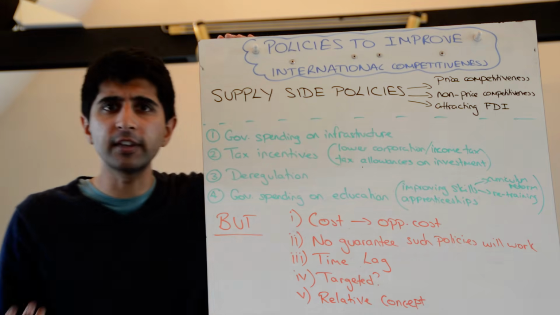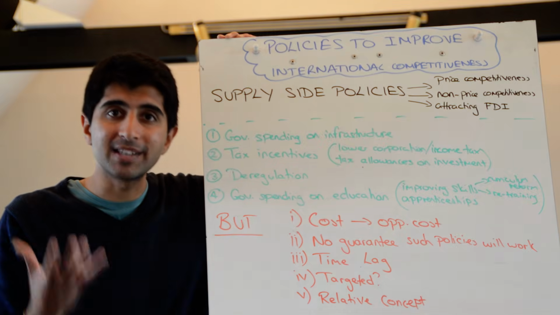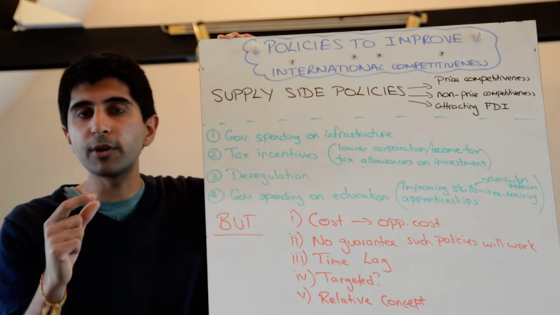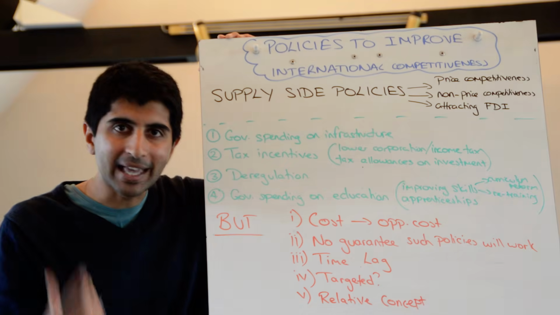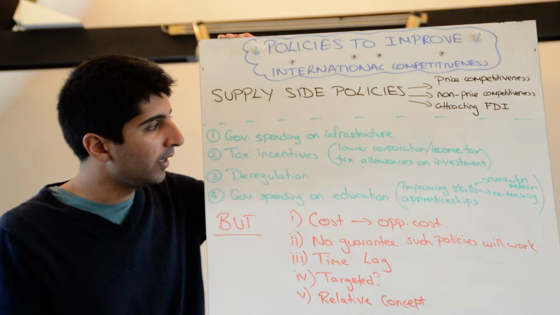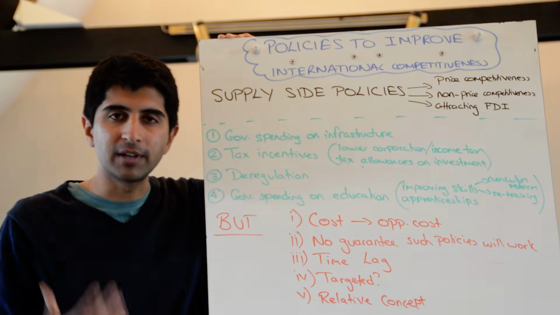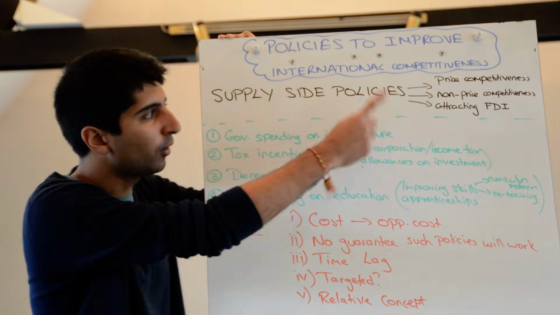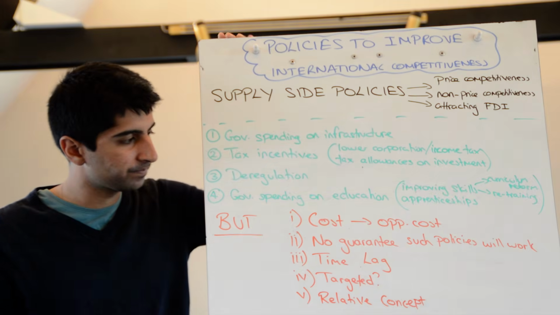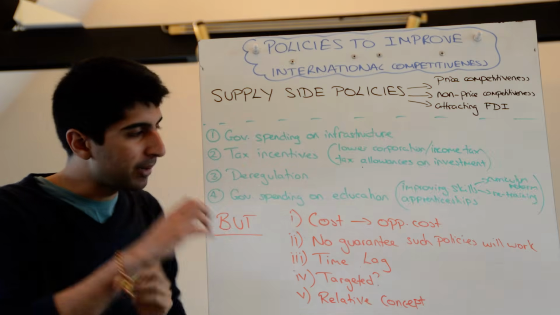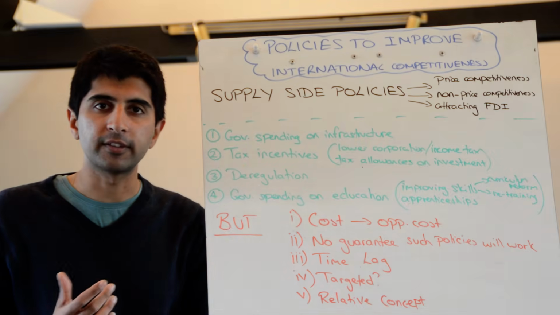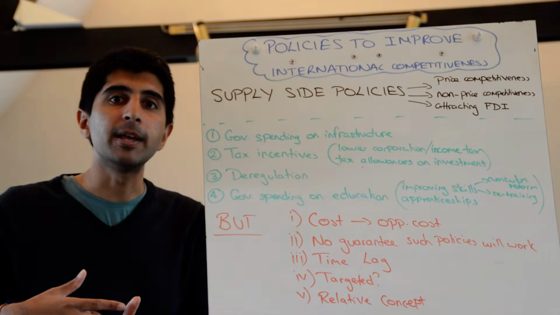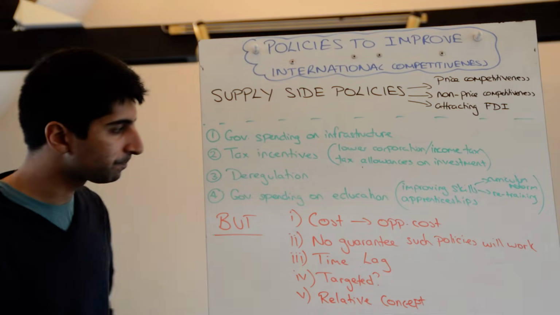So we talk about improving skills, we talk about improving productivity, which will drive down unit labour costs. And when unit labour costs fall for businesses, that may again translate into lower prices. If individual workers are more productive and are producing products of high quality, that can improve non-price competitiveness too. So that's the theory. But in reality, some of the issues with supply-side policies are fundamental and how they may actually limit competitiveness in the future.